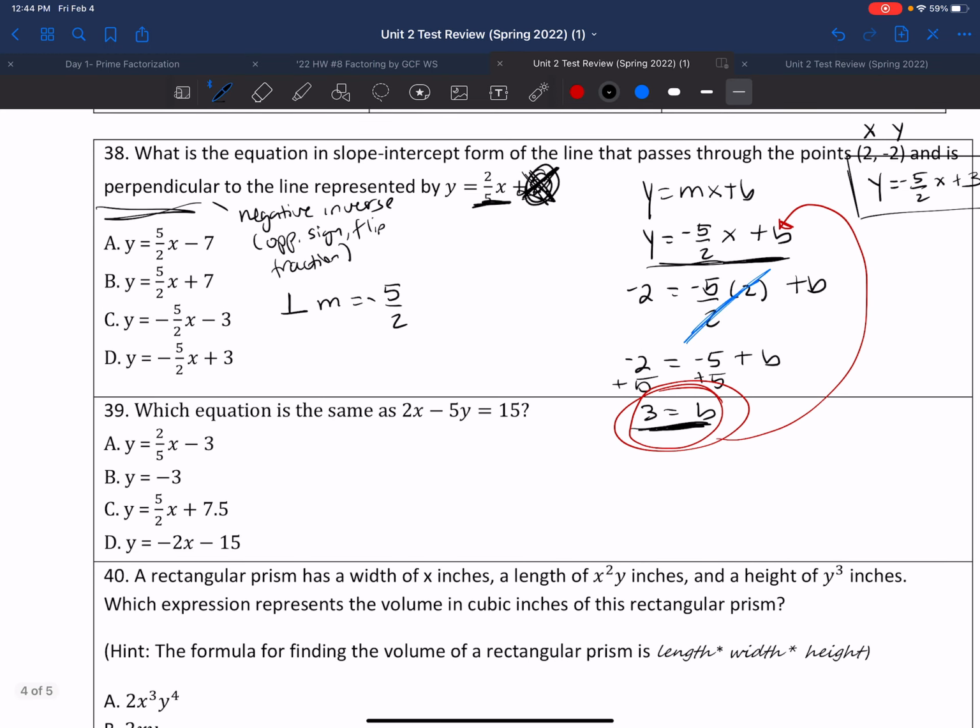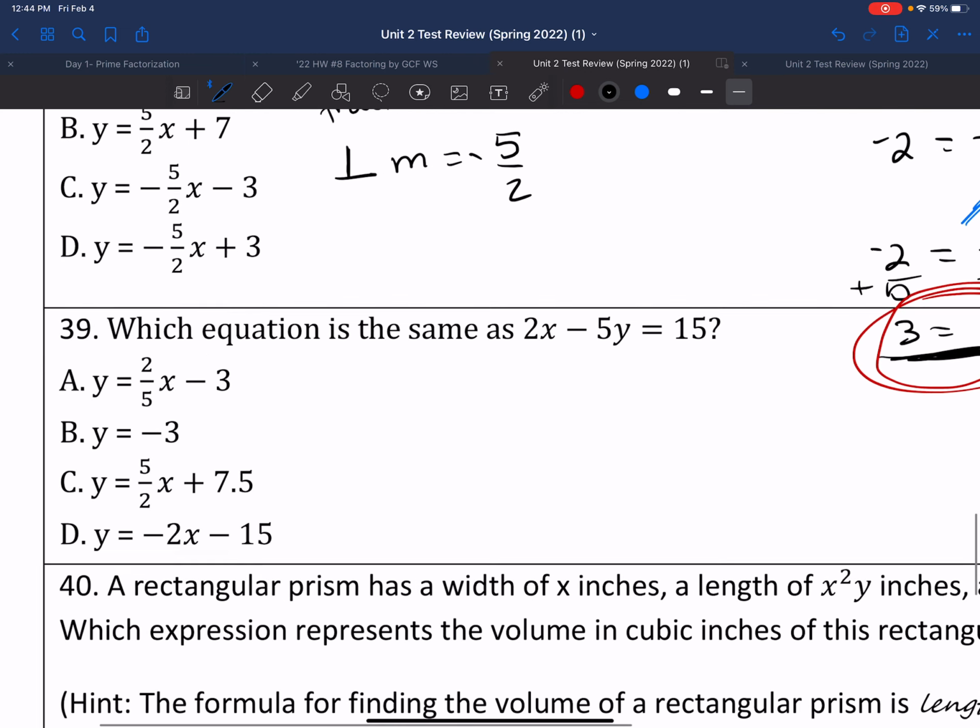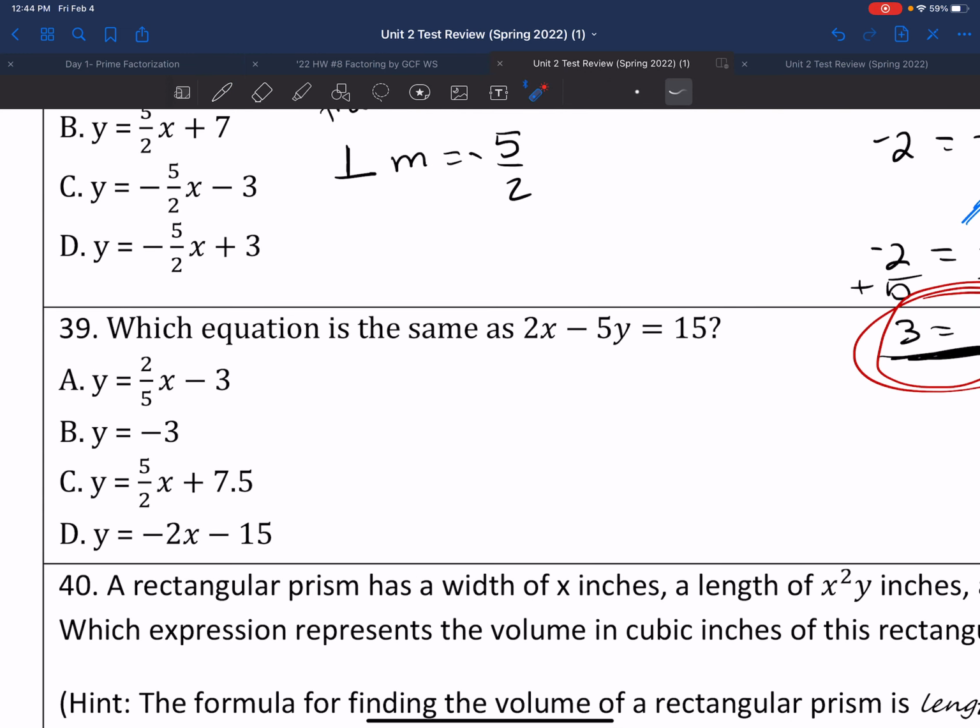Which equation is the same as 2x minus 5y is equal to 15? Well, let's take a look at what they all have in common. It seems like everything is in the form y is equal, so that means I have to solve for y by itself. So I have 2x minus 5y, which is equal to 15, and I'm trying to solve for this variable here, right? Now, what I have to do is get negative 5y by itself. So what is in the way? I need to subtract 2x from both sides, and I'm left with